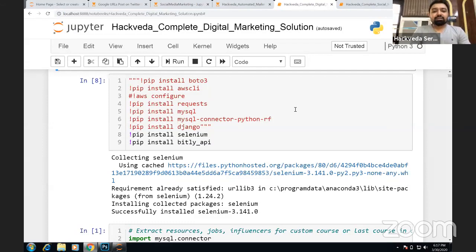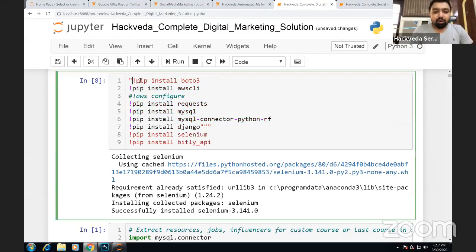In order to get started, first of all, you guys need to include some of the libraries. Now, you may be finding it pretty different, how we are going to make use of Python programming in order to make this digital marketing a complete solution for social media and for SMS and email campaigns. So first of all, you guys need to know Python programming. If you have skills of Python programming, you will be able to execute these scripts and you will be able to write your own code along with us.